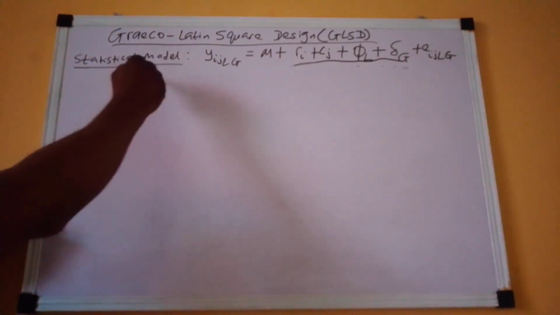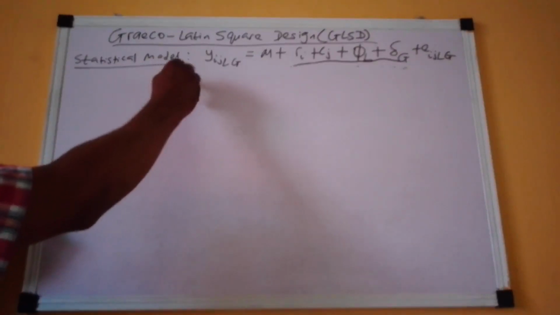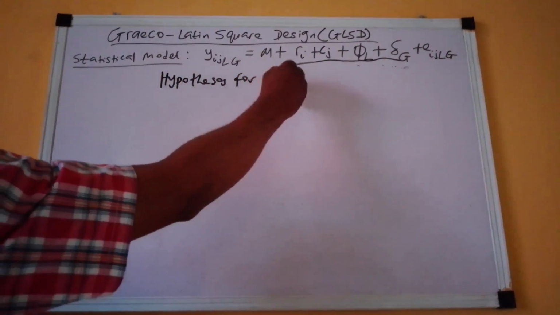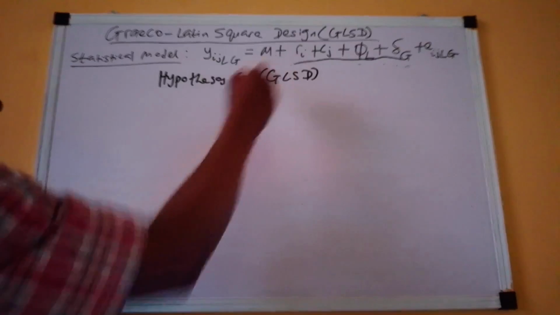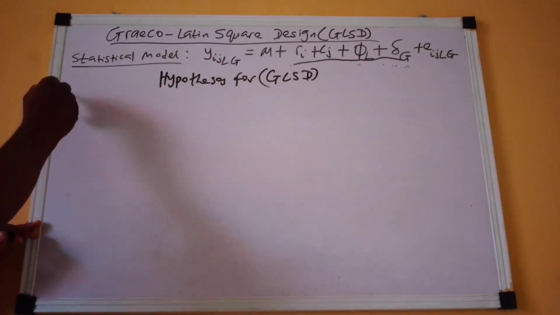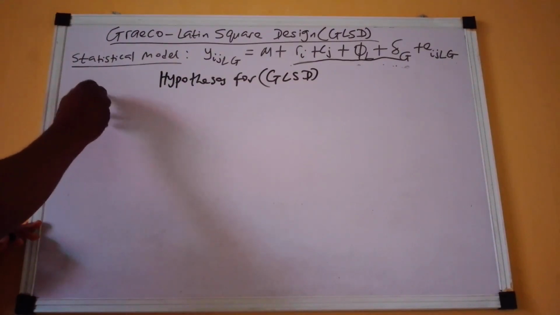So the hypothesis for the Greco-Latin square design, GLSD. Now for the row, H0 will be,